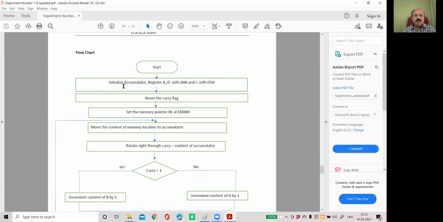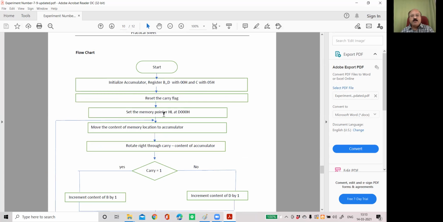So what will be the logic? Initialize accumulator, register B and D with 0 and C with 05 because the total memory block is 5. Then reset the carry flag. As we set the accumulator with 00, similarly, we don't know whether the carry flag was previously set or not, so we will reset it, that is, we will make it 0.